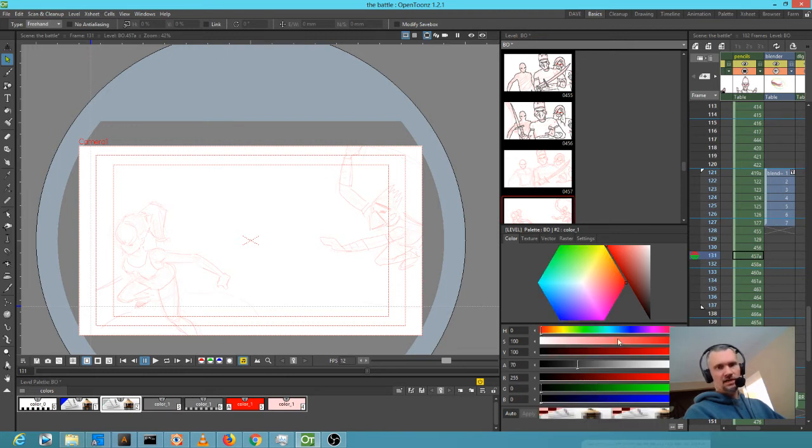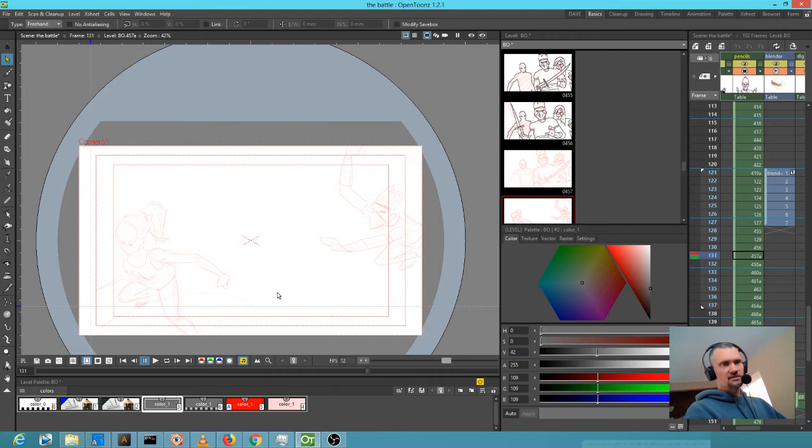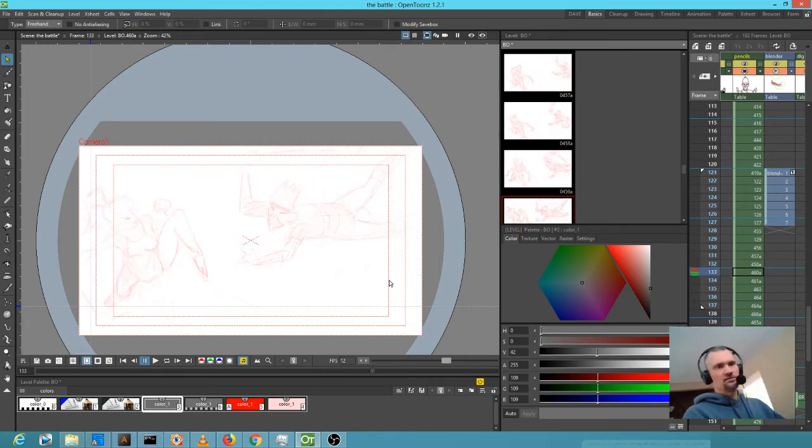Okay, I want this to be a little more transparent. Back to this color. Okay, so now we've got an action sequence. 1, 2, 3, 4. A lot of times when I have action sequences, what I'll do is I'll just make sure each individual pair of keys is working. And if they are, generally the whole thing works. Here. See? So